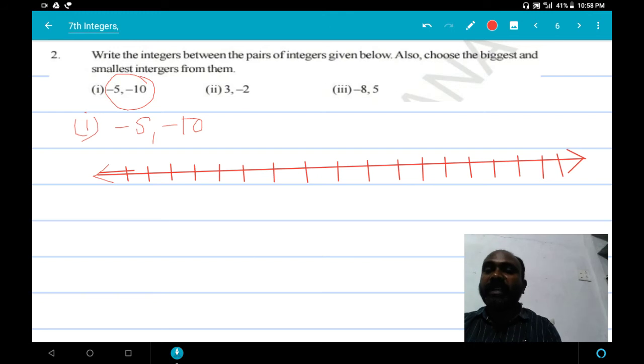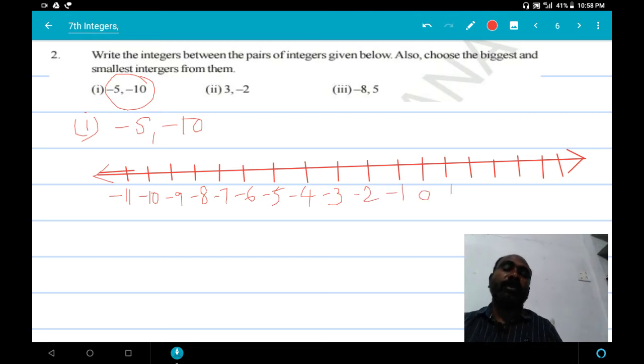So we take here minus 11, minus 10, minus 9, minus 8, minus 7, minus 6, minus 5, minus 4, minus 3, minus 2, minus 1, 0, 1, 2, 3, 4, 5, 6. Okay, these are numbers. But here in question asked it,